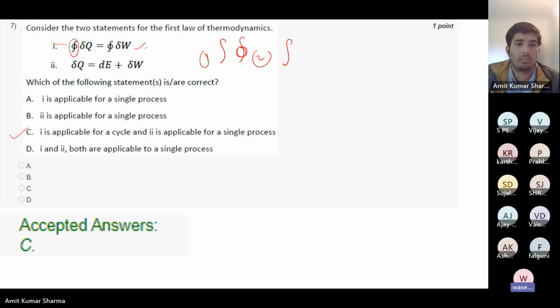If option C is correct, it means option B is also correct, because 2 is applicable for a single process. So I think we have to clarify it, because sometimes they have not mentioned that we have to